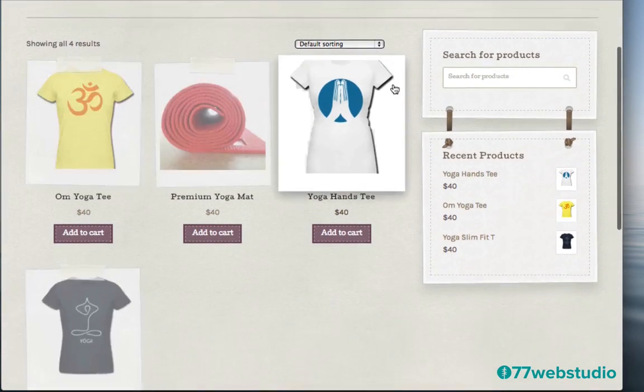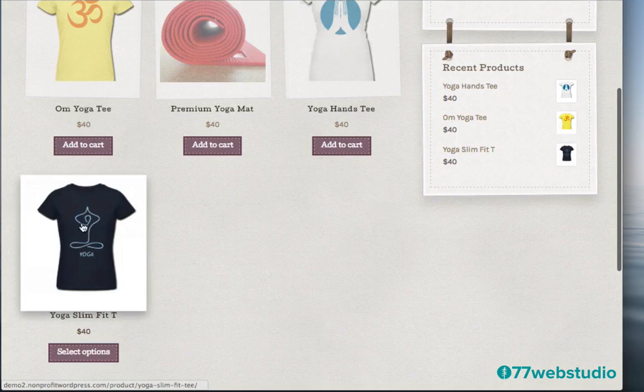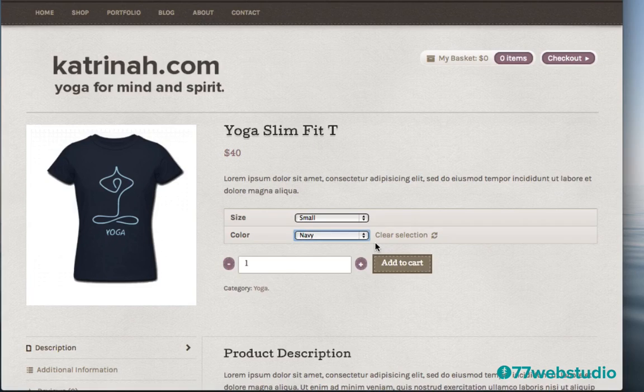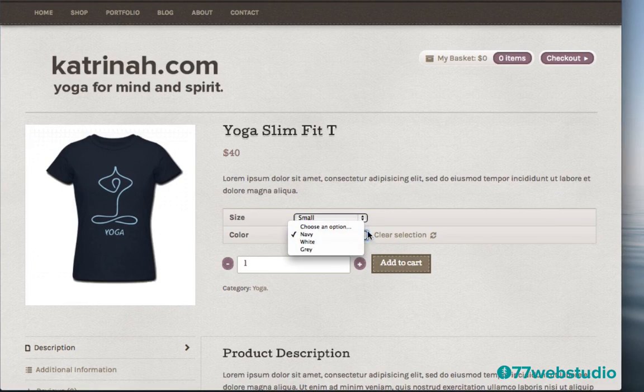So let's take a look at one of these products in particular. I'm going to click on this navy yoga t-shirt right here. And here we are on the product page of this particular product. On your product page, you'll have a thumbnail on the left-hand side. You'll have the title of your product and the price, a short description of the product, and then you'll have your attributes. I'll show you in this video how to set up attributes. For example, you may have a product and perhaps you have different sizes or different colors. So you can feature the different attributes on the same product page.